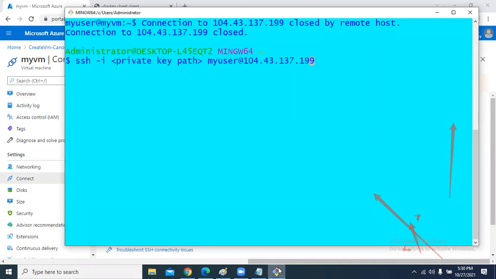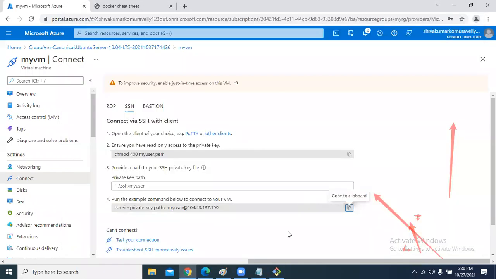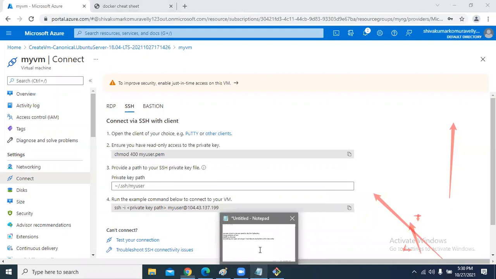This is again my manual connectivity. This is how you can perform upgradation. This is nothing but upgradation of your existing VM.